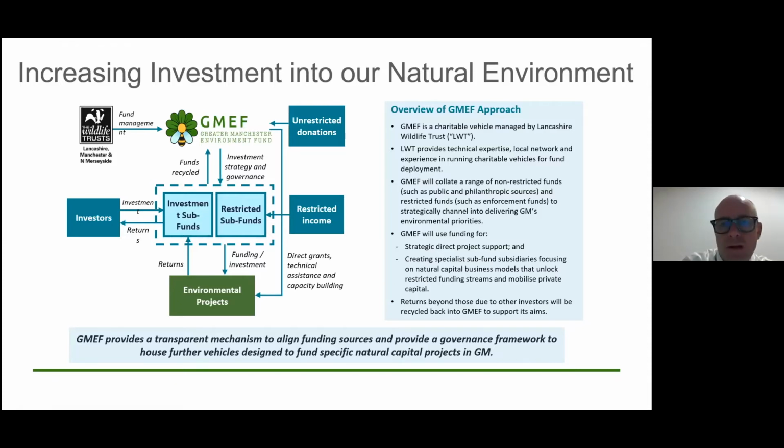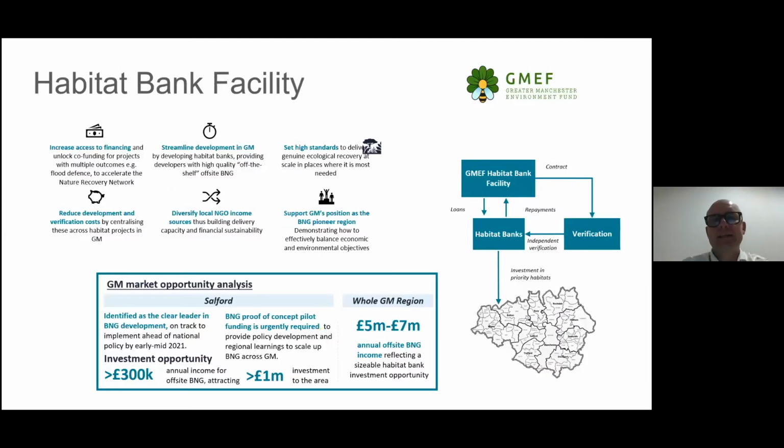So that could be corporate organisations that want to offset their carbon emissions. And how do we look at producing some innovative financing for investors to invest in, to get a return back on that investment, so that money can go into large-scale environmental projects. So there's a lot of work we're doing on this at the moment. And one of those things is around biodiversity net gain.